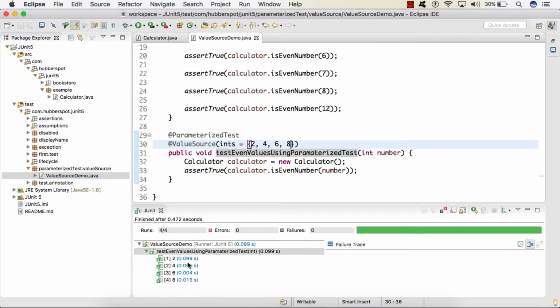So here there are 4 tests named first parameter and the value, second parameter and the value, third parameter and the value, and fourth parameter and the value. The first parameter has value 2, second has 4, third has 6 and fourth has 8.